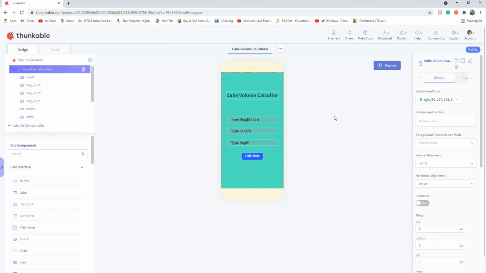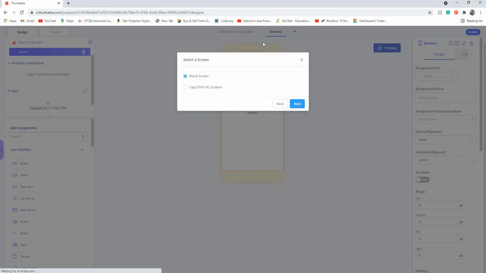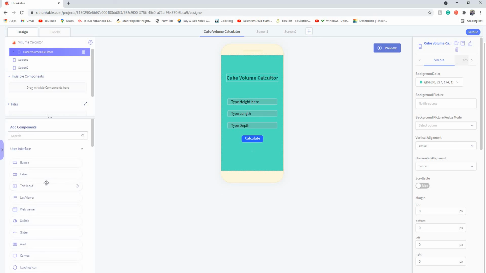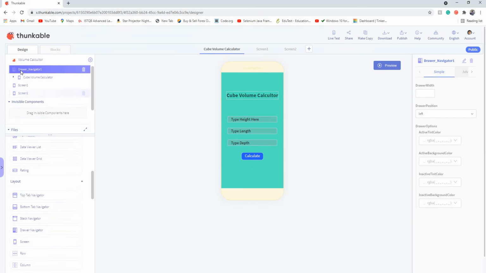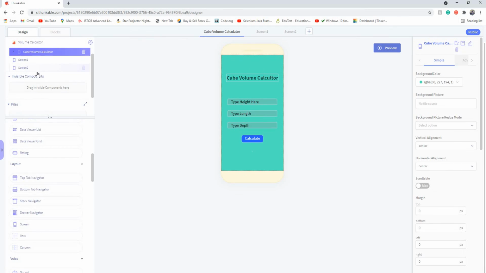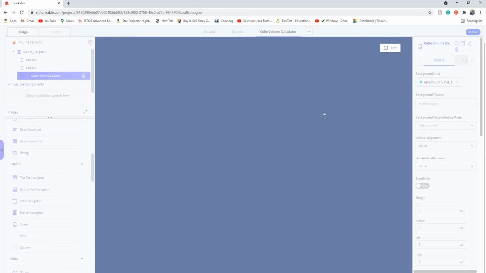We've gone through the cube calculator, and one more thing I'm going to show you is when you minimize this, I'll just add a few more screens, so blank screen and blank screen. I'm not going to do anything in these screens, but when you scroll down, you'll find something called Drawer Navigator. So I can go and chuck this here, and now I have to put all of these into Drawer Navigator. So this screen 1 and screen 2, and now when I click preview,